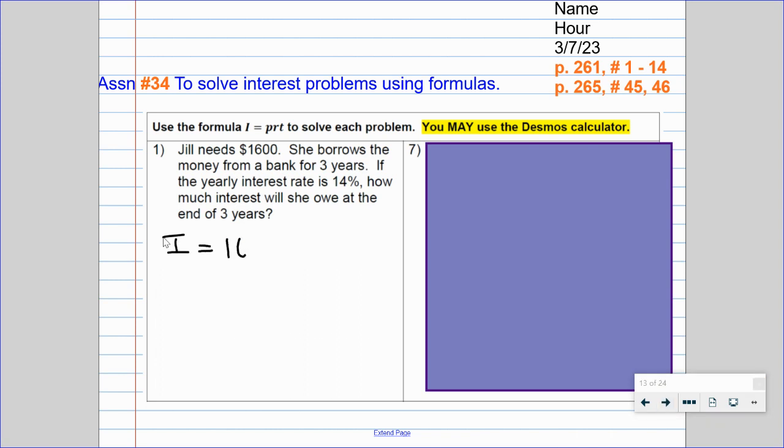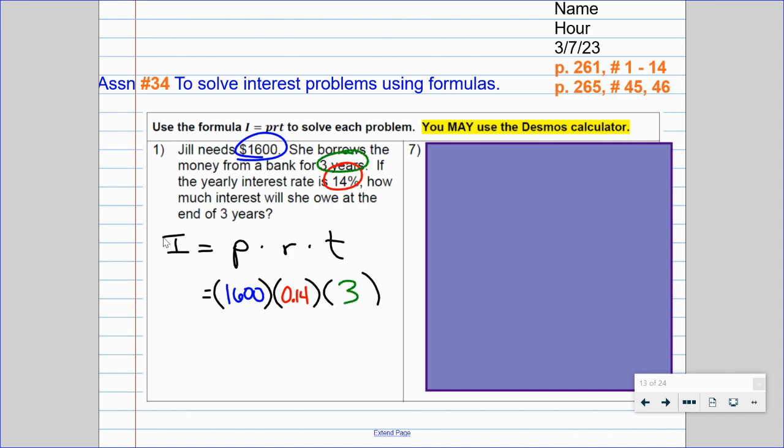Here we go with principal times rate times time. I always write that first. I'll try to stick to the coding, the colors. What do we got? 1,600, that would be the principal. Rate of 14%, 14 hundredths. Don't turn that into 14,000ths. Time says 3 years, no need to change that. And go ahead if you'd like, calculate that out. And if my numbers are correct, what I found to be the answer was